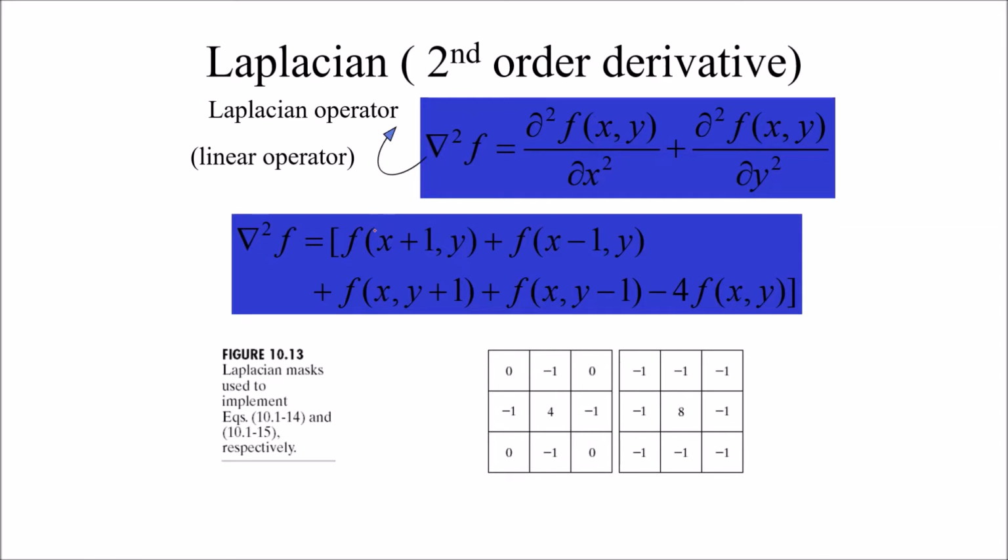However, for the second derivative, instead of applying the kernel in the x and y direction using two different kernels, we can implement it using a single kernel. That means you just pass the kernel through the image, and then you can highlight the second derivative order of